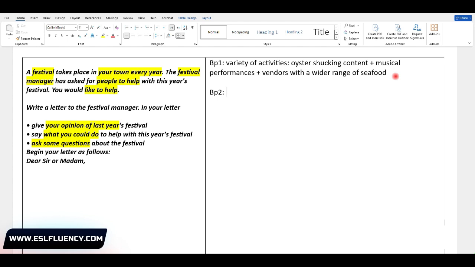So I can mention that. But I can also say that you can use me in any way you want for the event. So in any capacity. This is a nice vocabulary item for events. So I can help in any capacity.